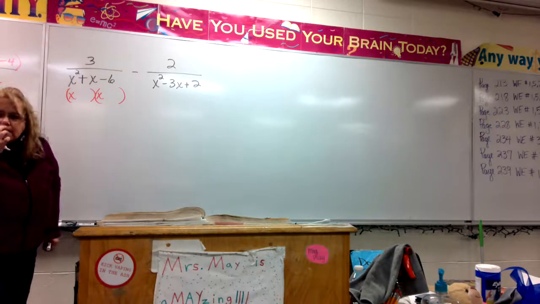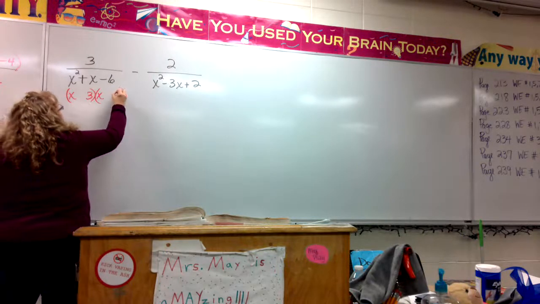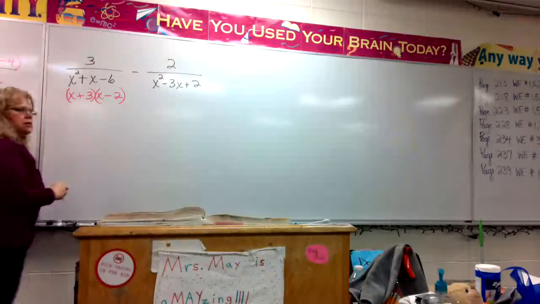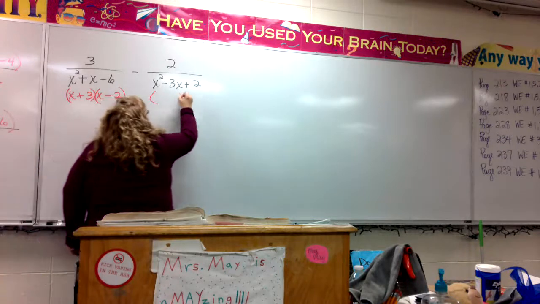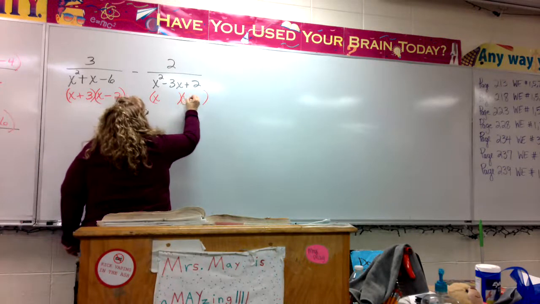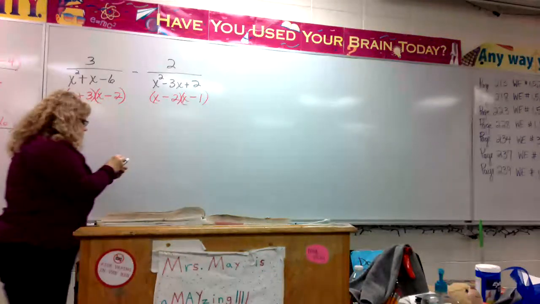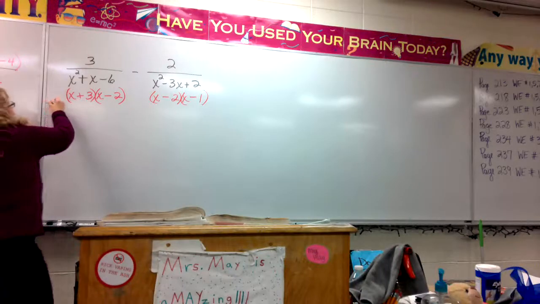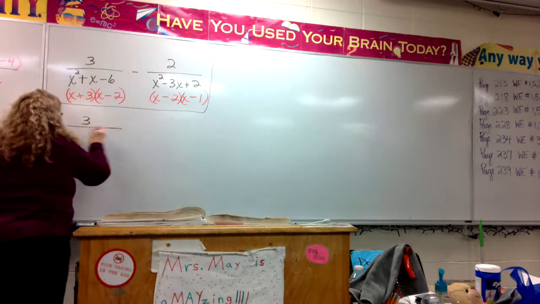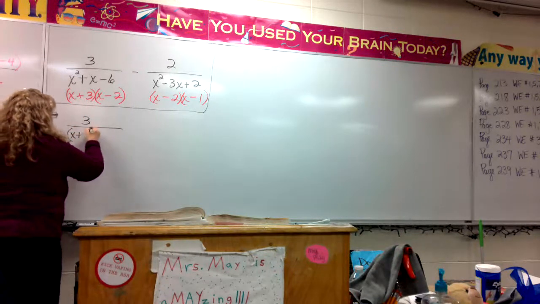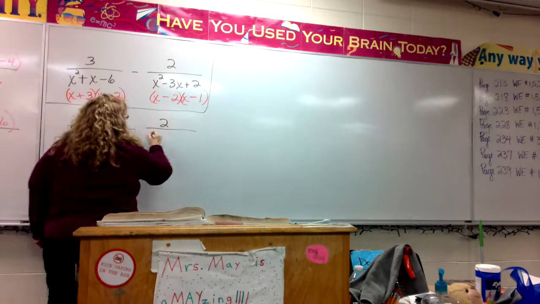Can you help me? Plus 3 minus 2? Yeah? And what about this one? Here, I can do this part. That has to be 2 and 1. So what I really have, instead of that thing, is 3 over and minus 2 over,